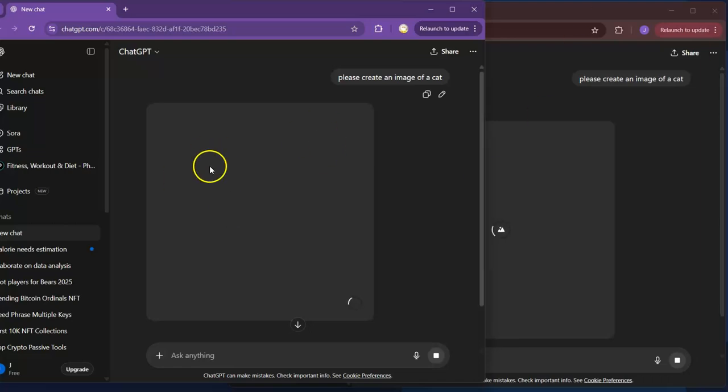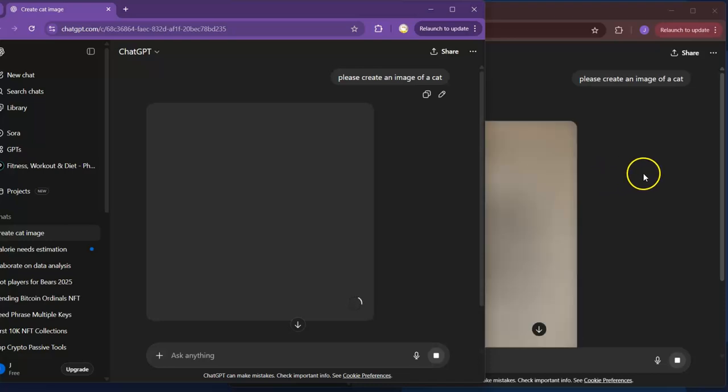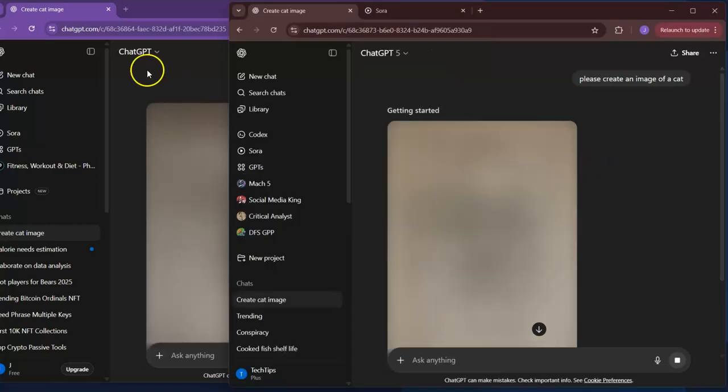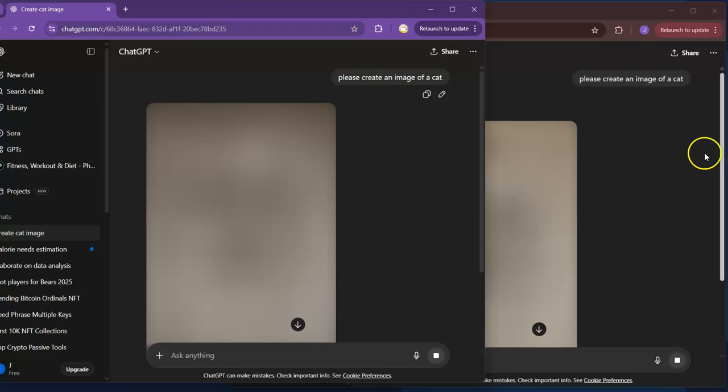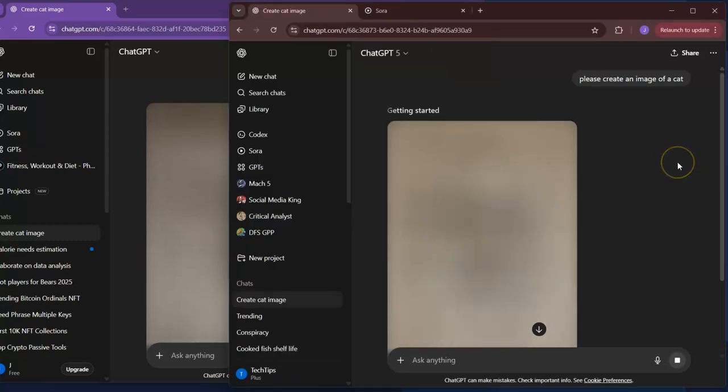As you can see here, this is the free version on the left, the paid version is on the right. And to be honest, at least the paid version is still pretty slow compared to what you would hope for, but we're getting an idea here. At first glance, it seems like there's not much of a difference. To me, the biggest difference so far with ChatGPT is the amount of questions that you can ask it on